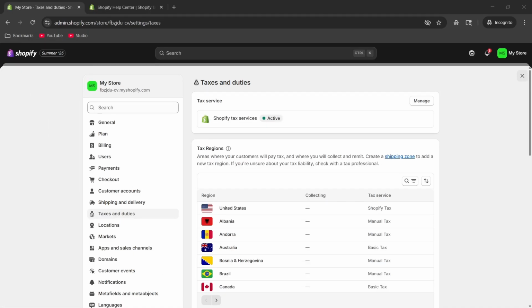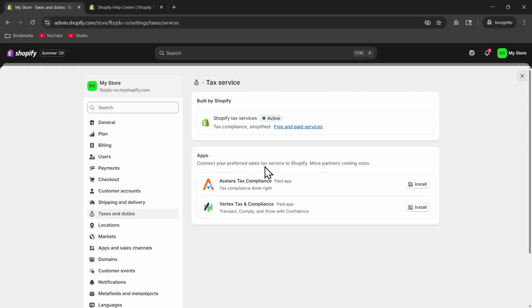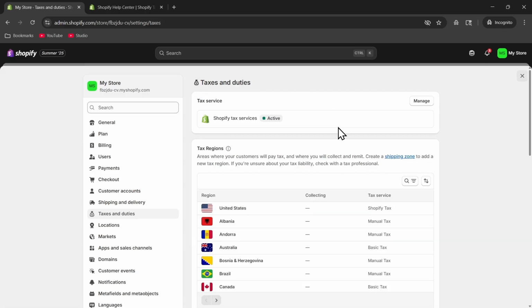Okay, so we're on taxes and everybody hates taxes. They're complicated, etc. But Shopify Tax Service makes it much easier. As long as you have it on, you can also switch to these other companies. I don't know anything about them, but if you do, you might want to go with them. If you don't like them about taxes, like I do, well, I know some things. But anyway,